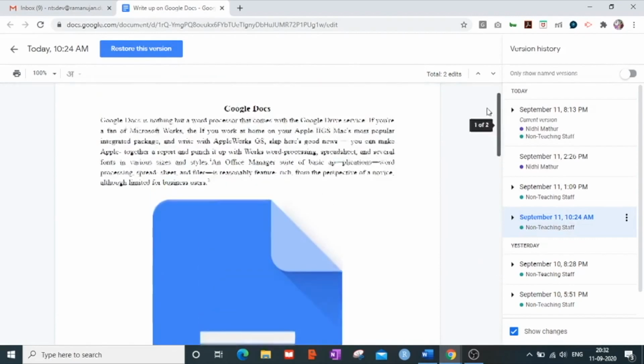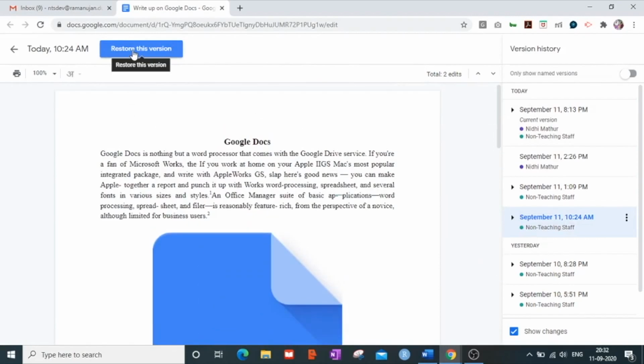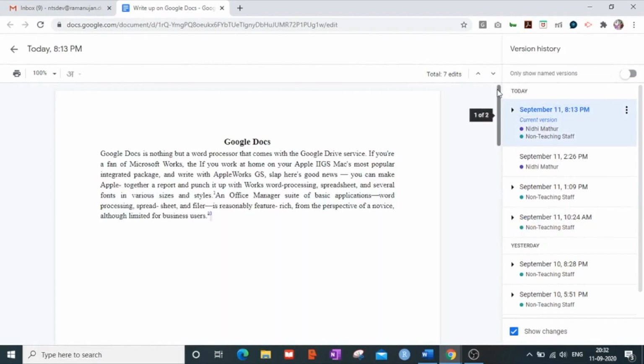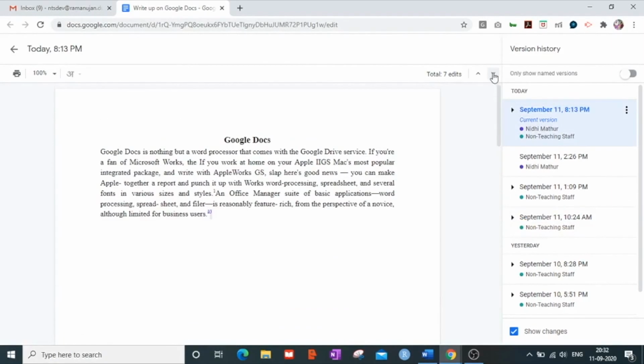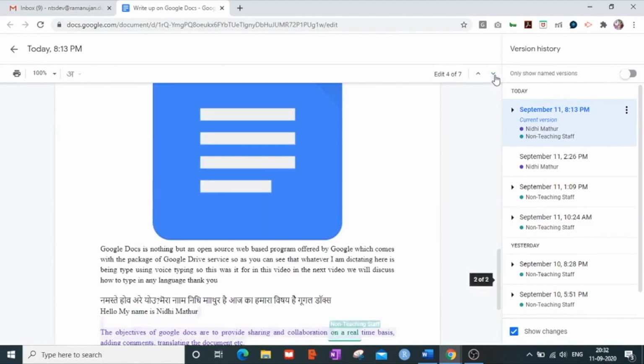I am not interested in restoring my version. I want to keep my current version intact only, which has all the features, objectives, everything in this particular documentation. Also, these 3 dots are nothing but more actions. So you can also name this version or you can make a copy of this version.